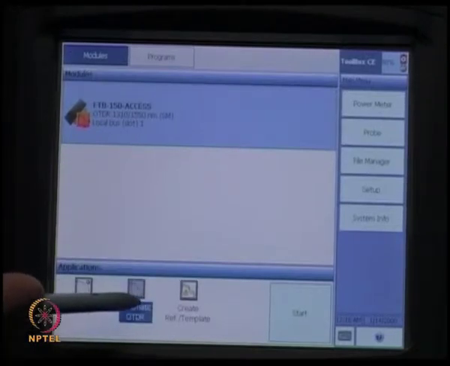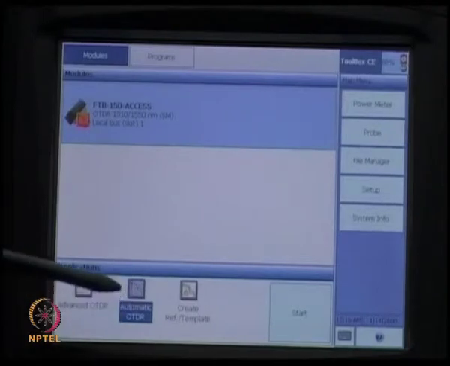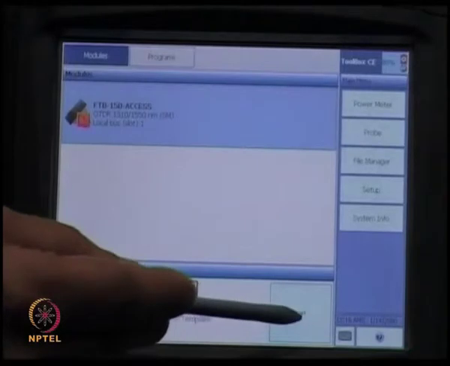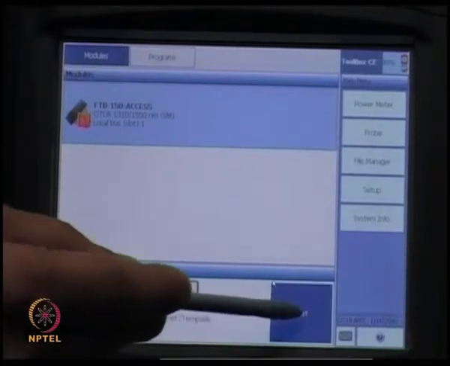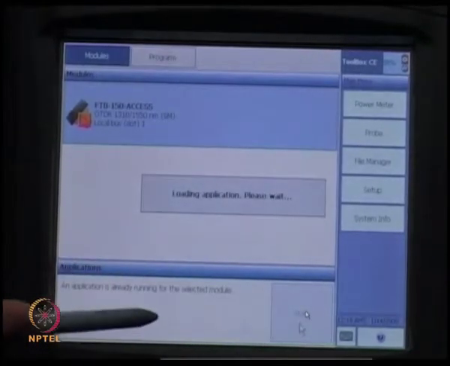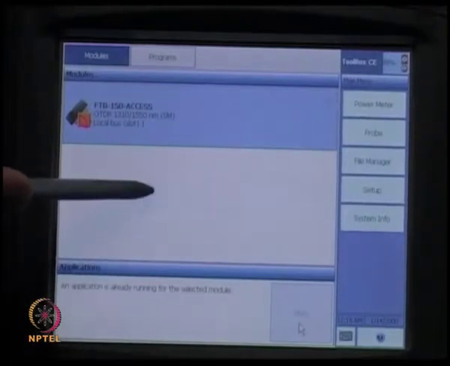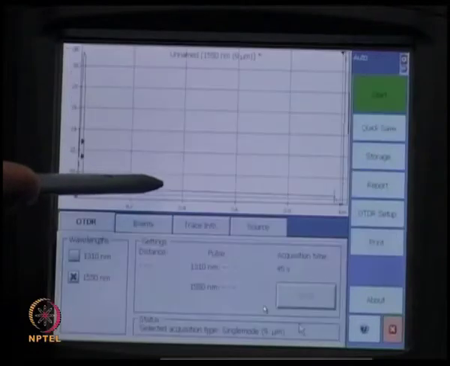So, let us go to the basic OTDR mode. This is the start button, and after fiber is connected, you can start. That is the typical display which you see